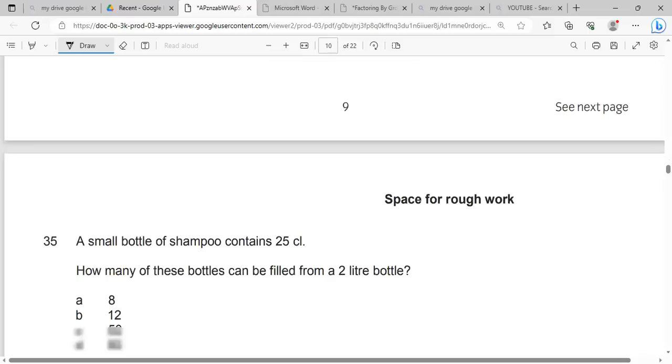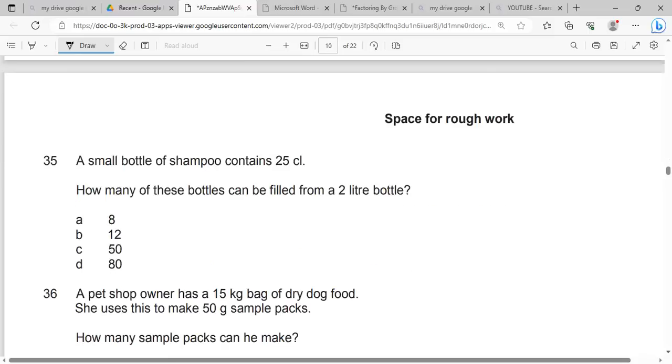A small bottle of shampoo contains 25 centiliters. How many of these bottles can be filled with 2-liter bottles? This one is a bit tricky. What did it go again? It takes 10 of this, I think. So that's 250. 250 into 1,000, that's 4. Yeah, it takes 10 of this to make 1 milliliter, and 1,000 milliliters